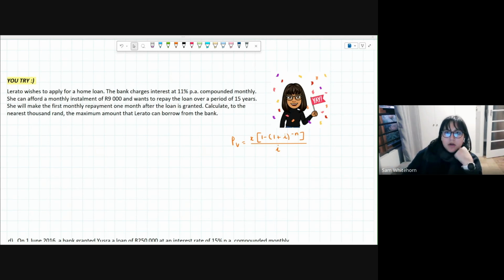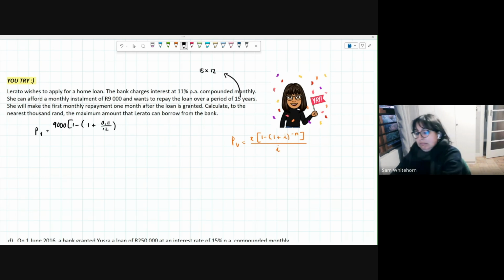Right, let's have a look. Okay, so we are trying to calculate the original value of the loan, the maximum value. So we're looking for present value. 9,000 Rand is the monthly repayment, 1 minus 1 plus i, which is the 11% compounded monthly. It is a 15-year loan, so we will take 15 times 12. Can't tell you what that is off the top of my head. Oh no, 15 times 12, 180. And so this is to the power negative 180 all over